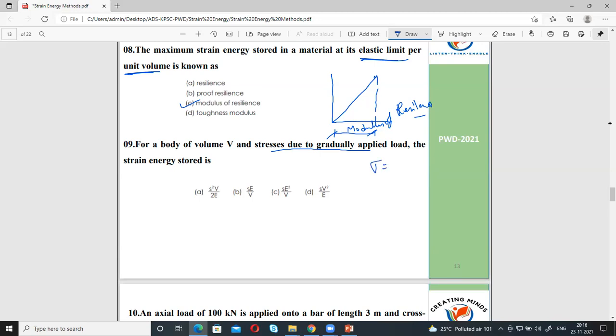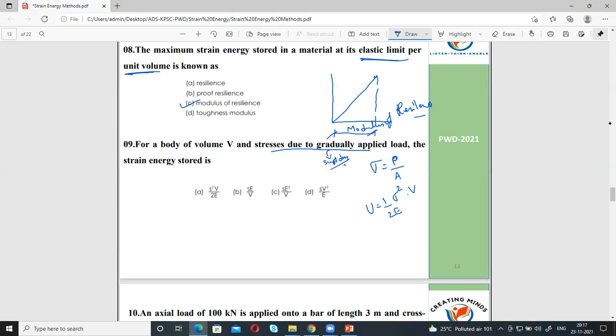Sigma equals P by A. Half into stress into strain into volume. So directly, half into sigma square into V, which is sigma square V by 2E. If instead of gradual, the load is applied suddenly,